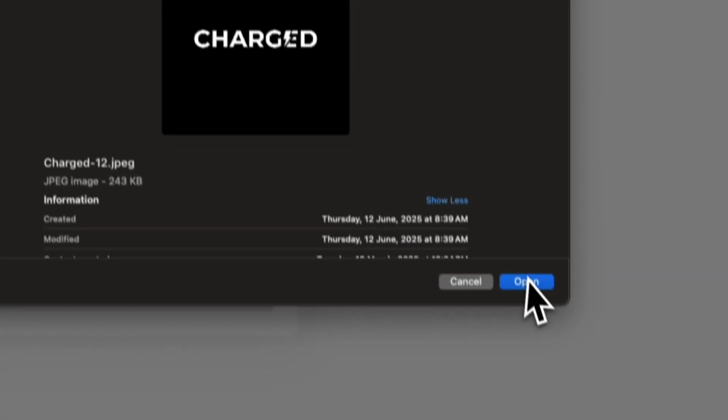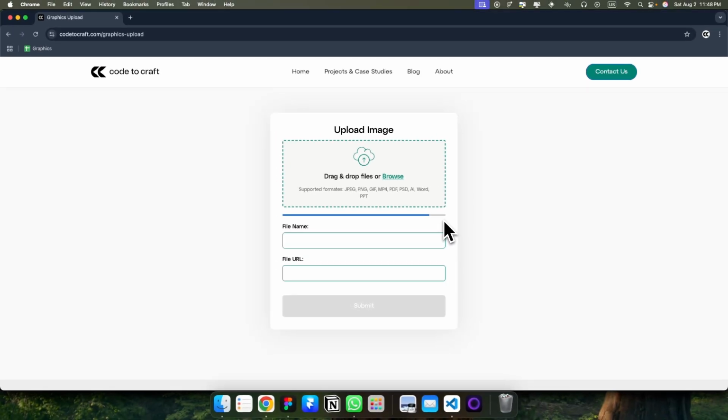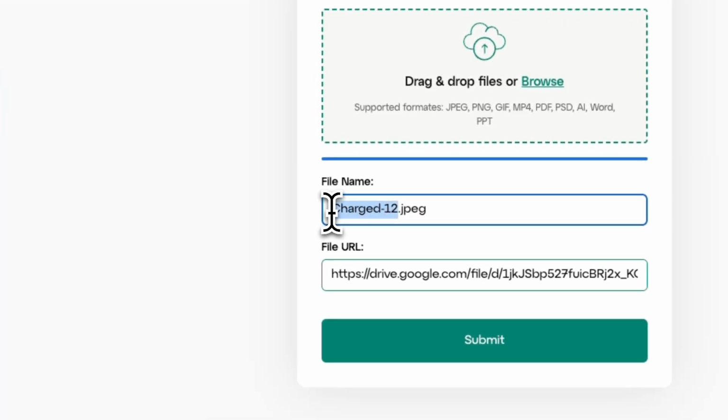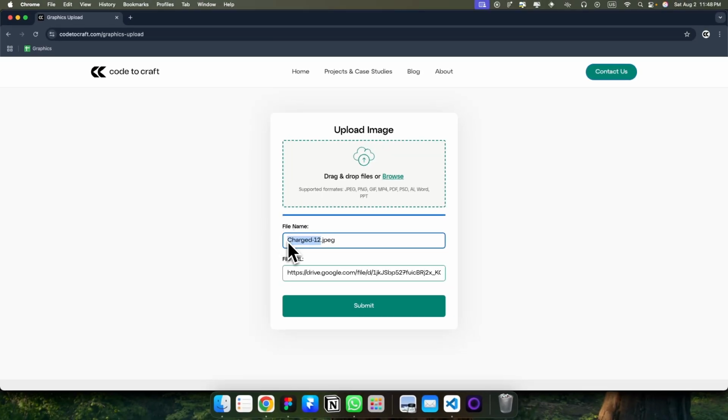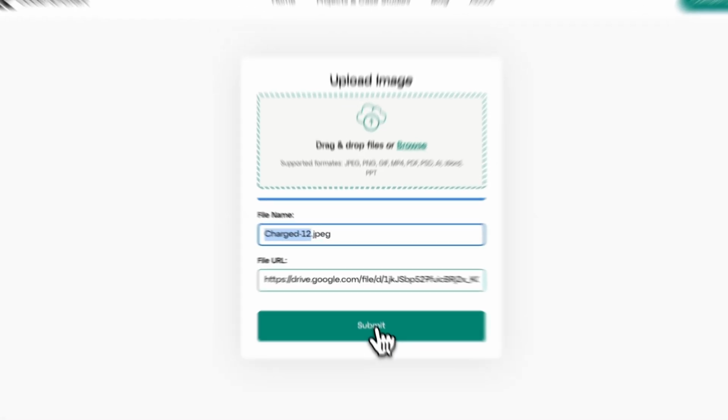Here he can click and then select any image. Suppose I'm uploading this image. Just open, and yeah, it's uploading, and boom. The image name comes here, and he can easily change the name here. No worry about the things. Okay, so here, if he submits it,